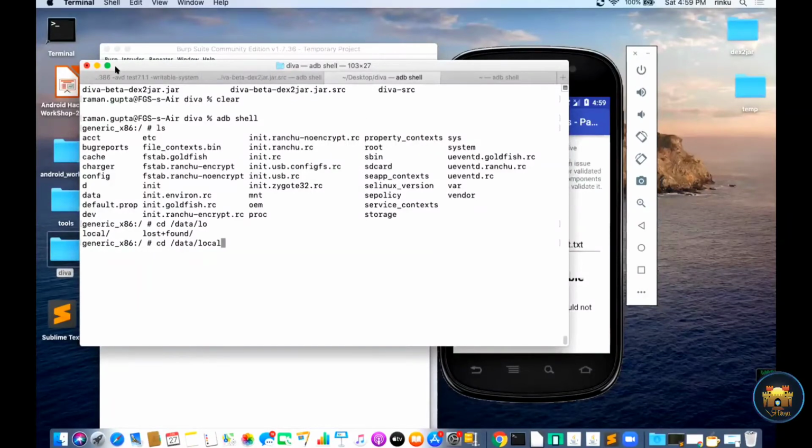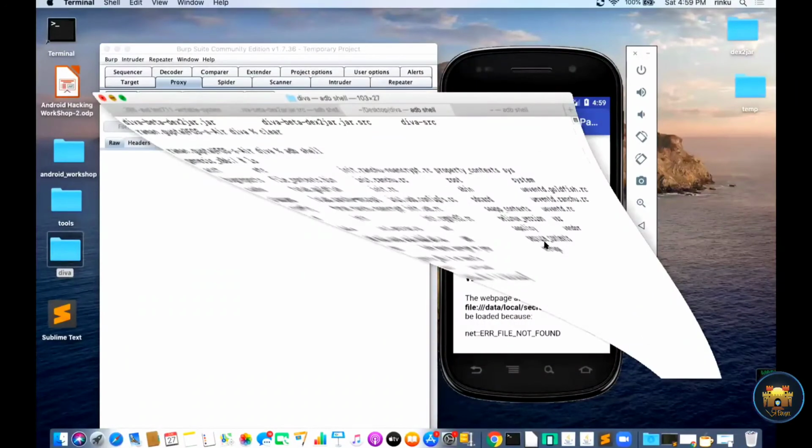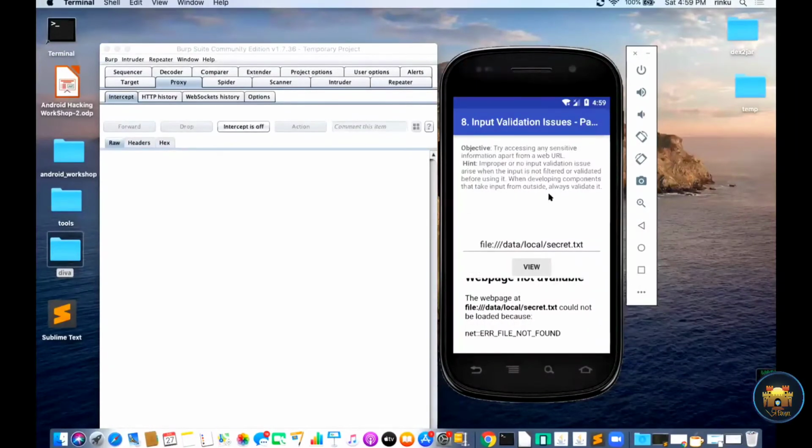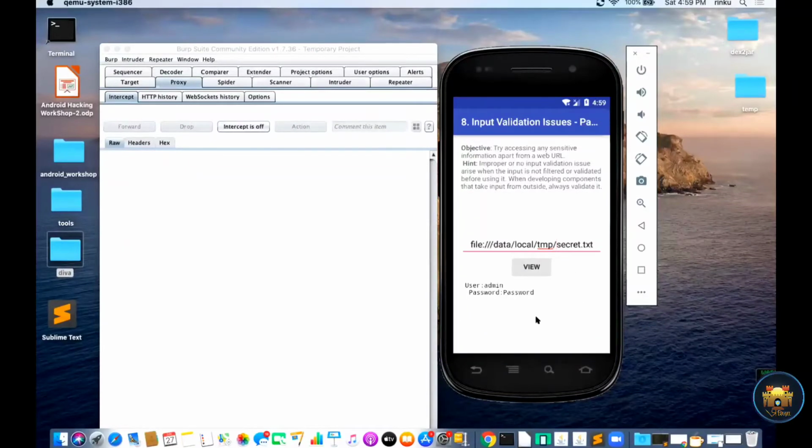I think there is another folder, the tmp folder, so I was missing that. Use /data/local/tmp/secret.txt. Yeah, see, I am able to access another secret file which is inside my device.